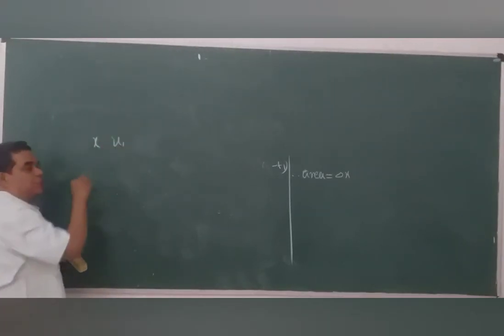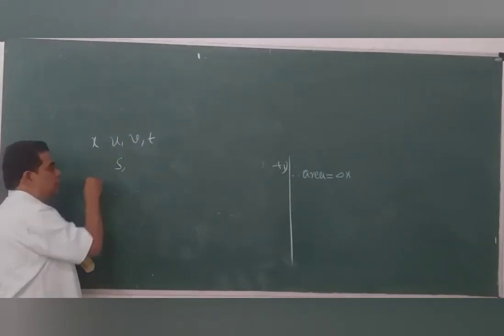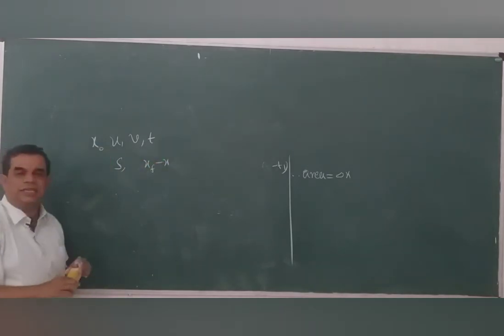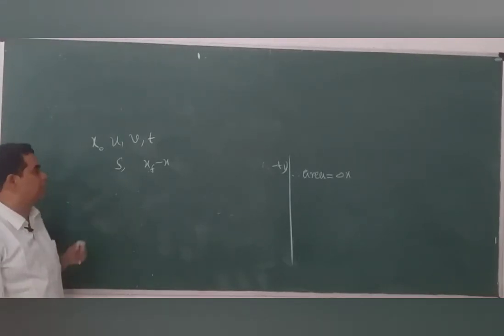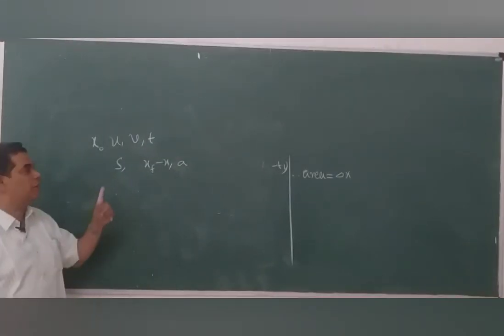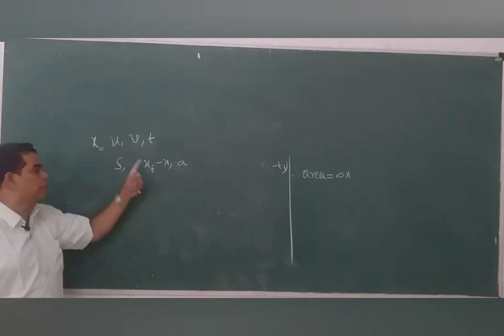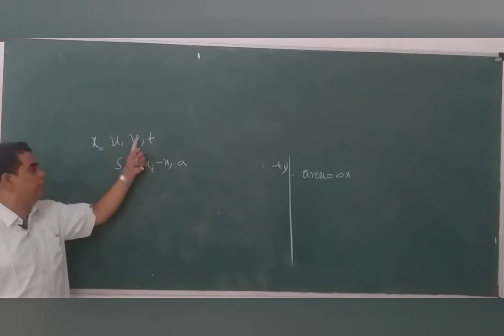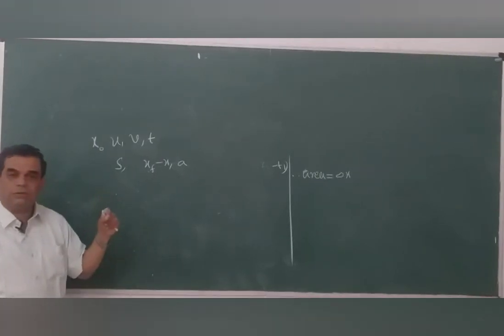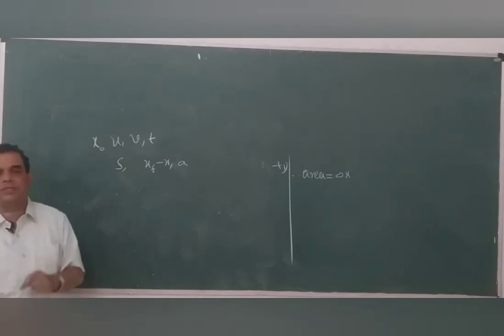and its initial velocity, its final velocity after time t seconds, the distance covered or displacement, say xf minus x. If you want, you can take x naught as the initial position. And also the acceleration of the object. These are what we think of regarding a moving object: initial velocity, initial position, final position, final velocity after time t seconds, and displacement or distance traveled. The equations which connect all of them or a few of them are called equations of motion.